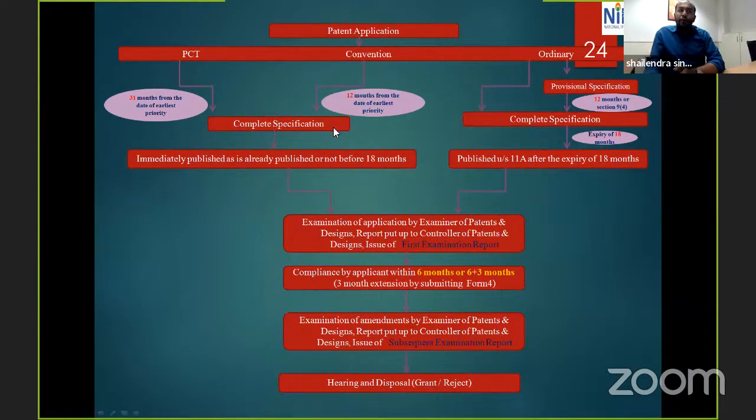Now all the other forms will be similar to the ordinary application that I have already told you. These two modes I have already told you. Now the third is the PCT application. Now what is this PCT application? In the PCT application, basically,